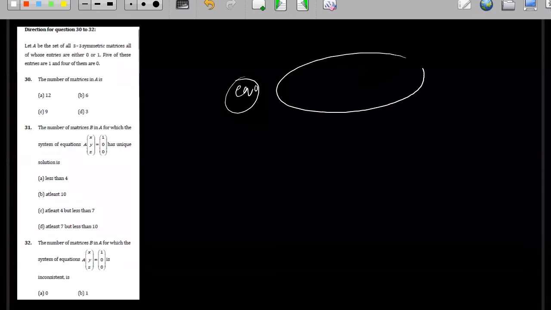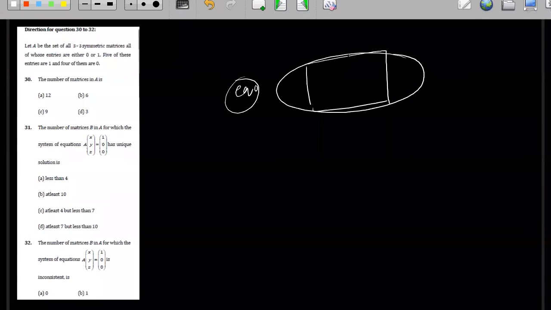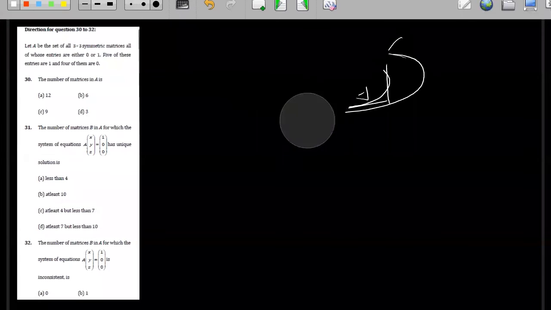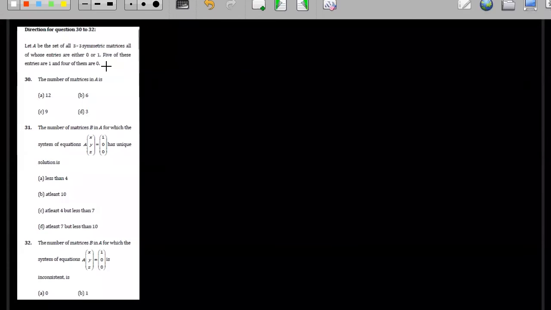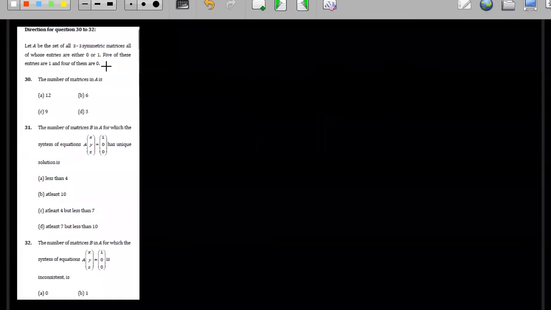Or what they will do, they will make questions like this: a rectangle inside an ellipse, then inside this again an ellipse, again a rectangle, again an ellipse, again a rectangle. You can spend time on this. You must have already seen this question in last year's paper, right? So like this they will ask, they will increase the time you need for each question, but the question will be simple but time consuming.